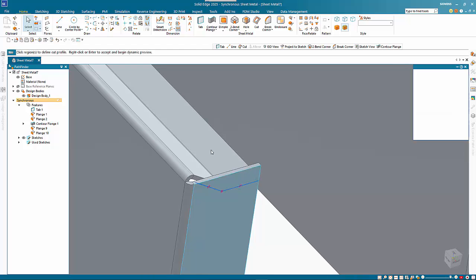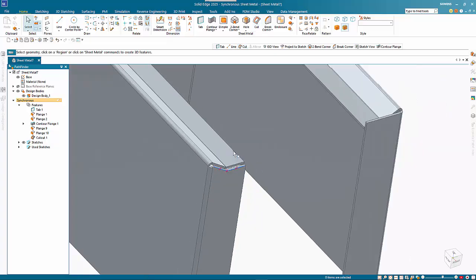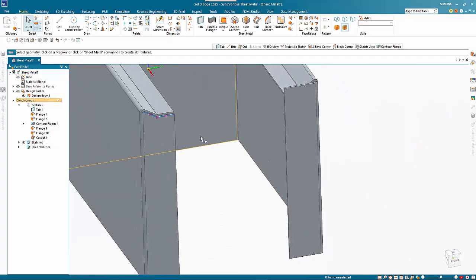So if I just take it through, you can see it's going to sort of clear away the rest of it. So I really only want to come up to the back edge on here and close that. Then I can click on cut out one,